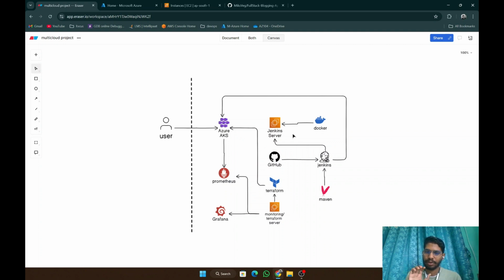the main server, which is the Terraform server, by which I will create the infrastructure of AKS. So this Terraform EC2 server will create Azure AKS by implementing Azure CLI. Not only that, I will deploy a Jenkins server also for CI/CD purposes. Okay,